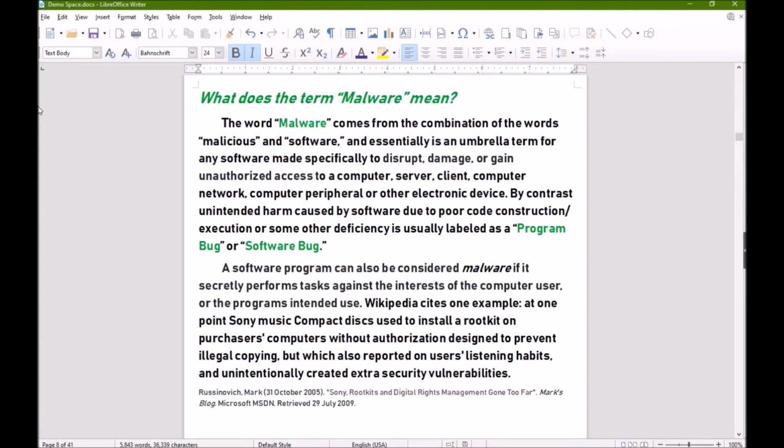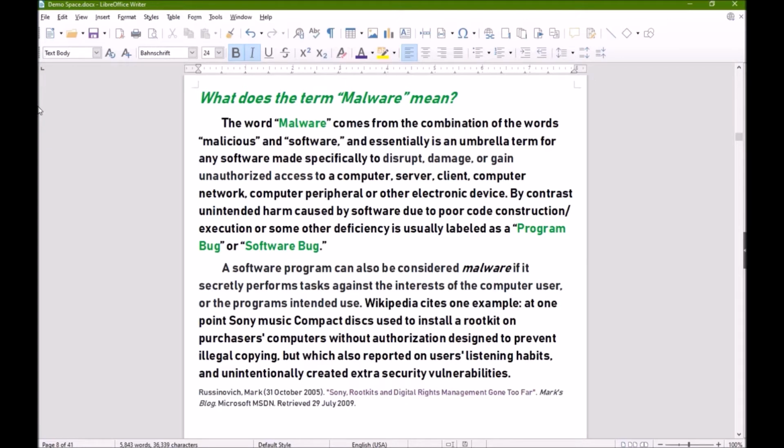The word malware comes from the combination of the words malicious and software, and essentially is an umbrella term for any software made specifically to disrupt, damage, or gain unauthorized access to a computer, server, client, computer network, computer peripheral, or other electronic device.